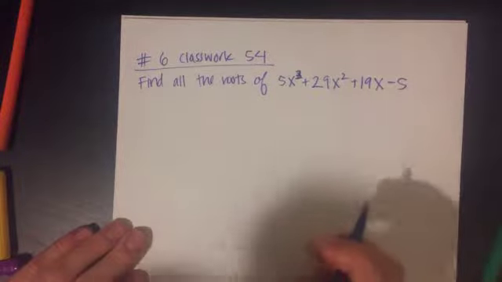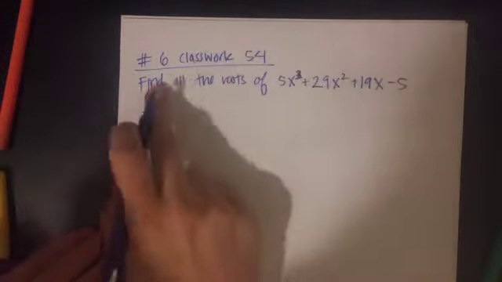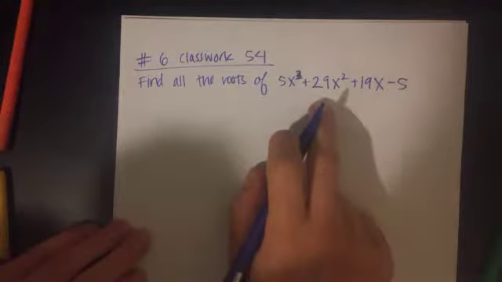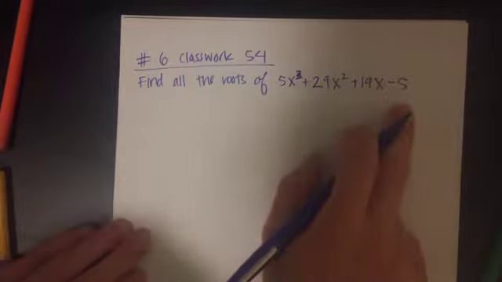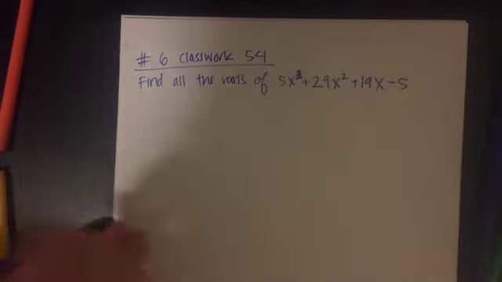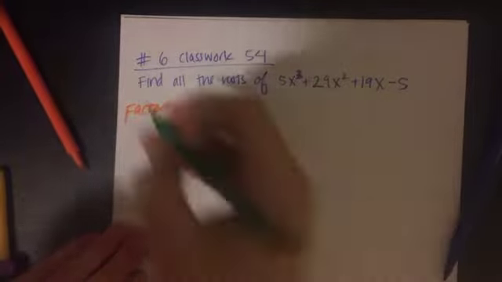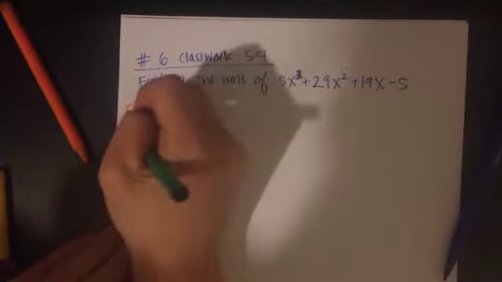All right. Okay, so if you guys don't want one more example, here's number 6 on classwork 54. It says find all the roots of 5x cubed plus 29x squared plus 19x minus 5. So, same process as before. We are going to write the factors of p. We are also going to write the, that should be an F,